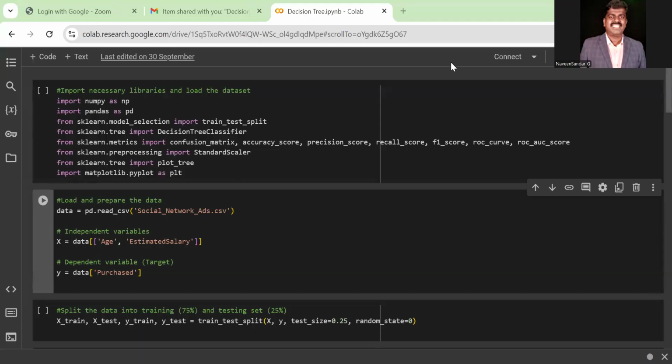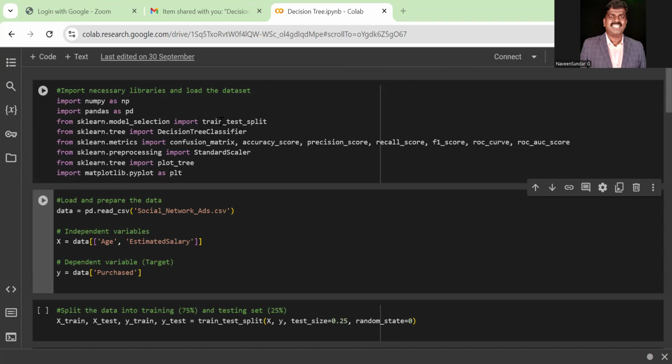So, dear students, as we have seen the decision tree theory part, now we will go for the coding part so that you will understand very clearly how to calculate the performance using the decision tree, right? Okay, so for that, first I have to import the libraries: NumPy, that is numerical Python, and then pandas for the data frame, and then from sklearn